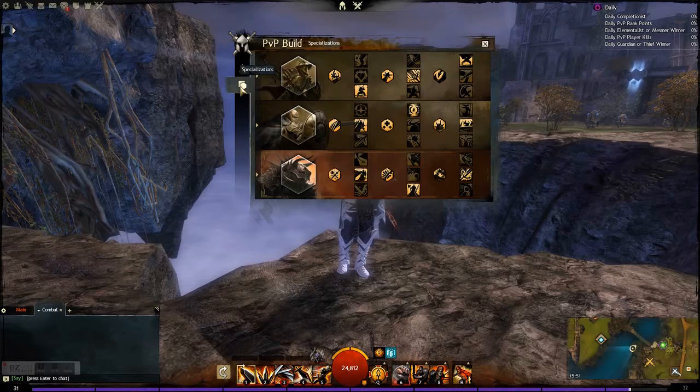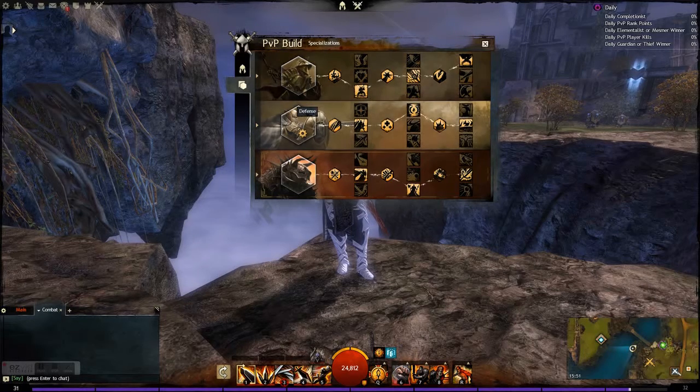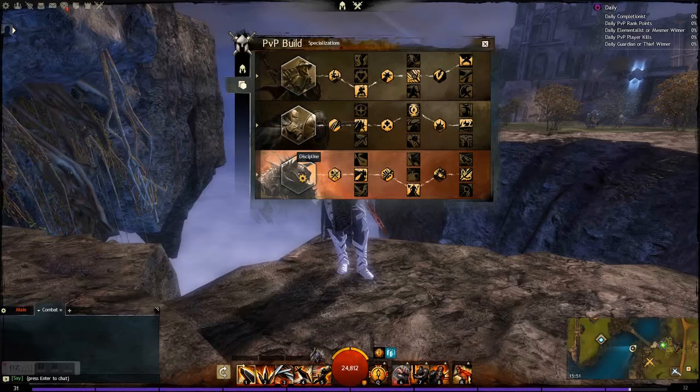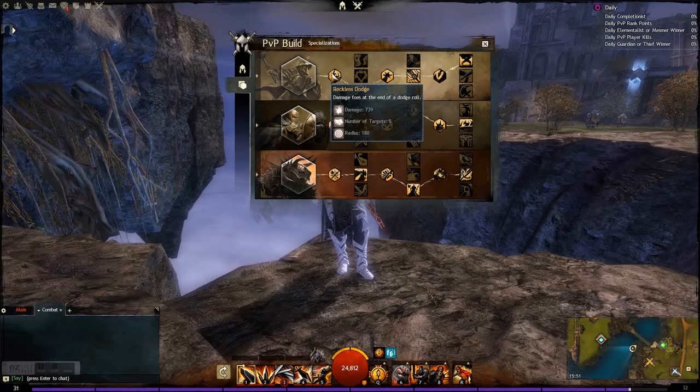So looking at specializations, I've taken Strength, Defense and Discipline. And in the Strength tree, first minor is Reckless Dodge. You damage foes at the end of a dodge roll. You're going to dodge around quite a bit on the nodes. It adds a nice extra bit of damage, and it's actually an AoE that can hit 5 targets, same as standard AoEs. Rolling into the middle of a group's always quite